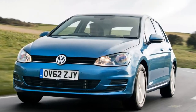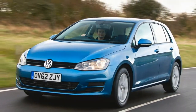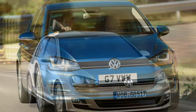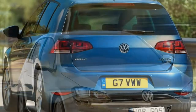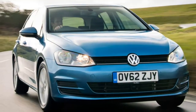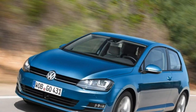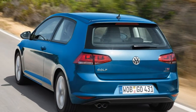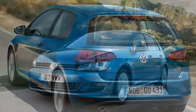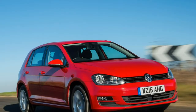Even higher performance, the Golf R. Fastest in the regular range is the Golf R. Its 2.0-liter petrol engine is the same as found in the GTIs, but VW's engineers have reworked it to generate 310 horsepower with 380 Nm of torque, which is available from 1,800 revolutions per minute. It's an exceptionally flexible engine, meaning you have indulgent power reserves in virtually any situation. Yet it's smooth and simple to drive slowly too. It feels as quick as its acceleration figures suggest, with just 4.6 seconds needed to cover the 0 to 62 miles per hour sprint with the DSG, 5.1 seconds if you have a manual,